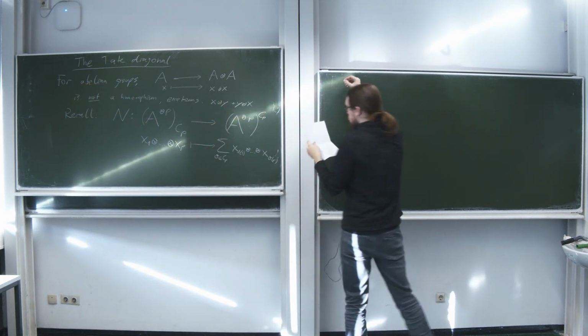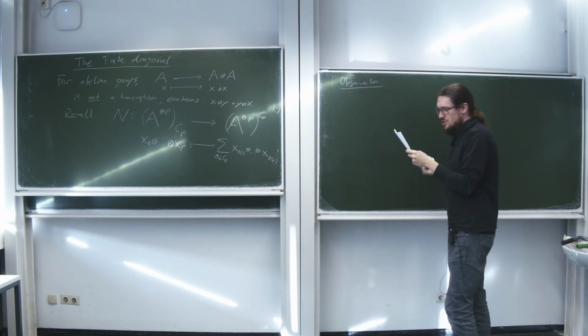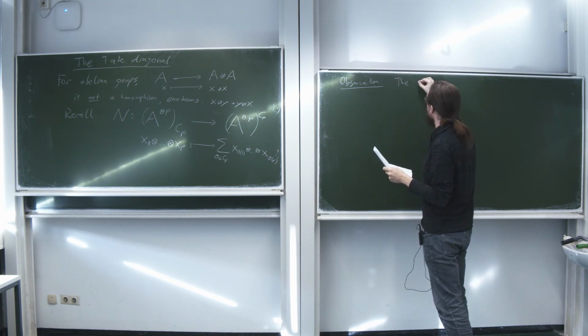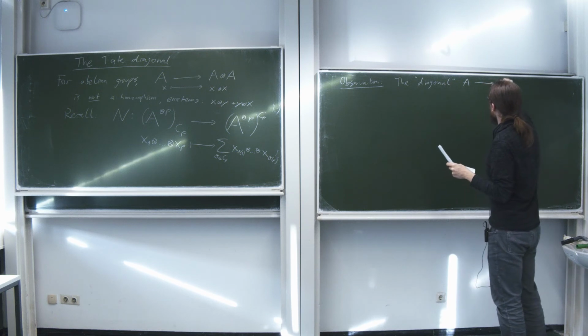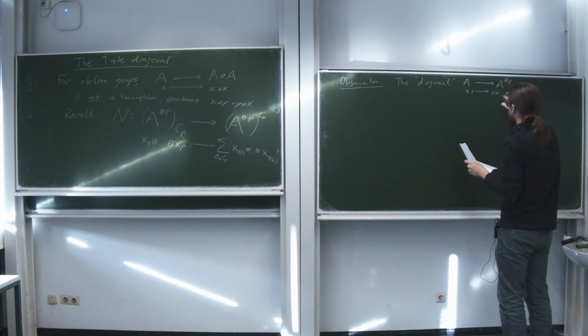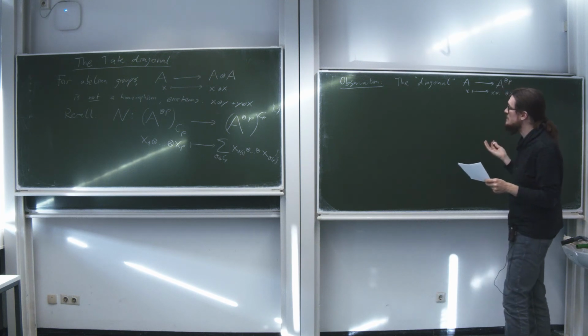If we put all of this together, the diagonal from A to the p-fold tensor power, which simply sends an element x to x tensor and so on,